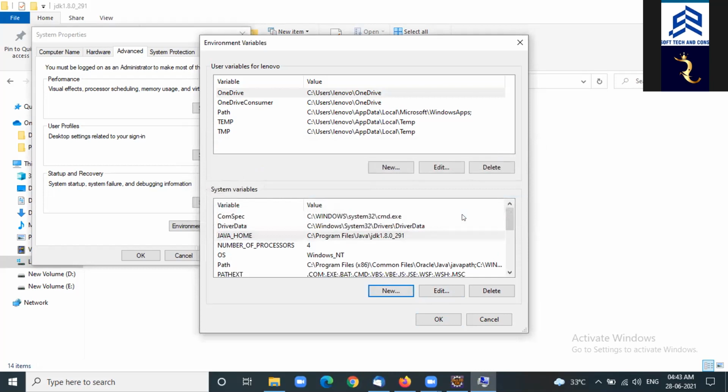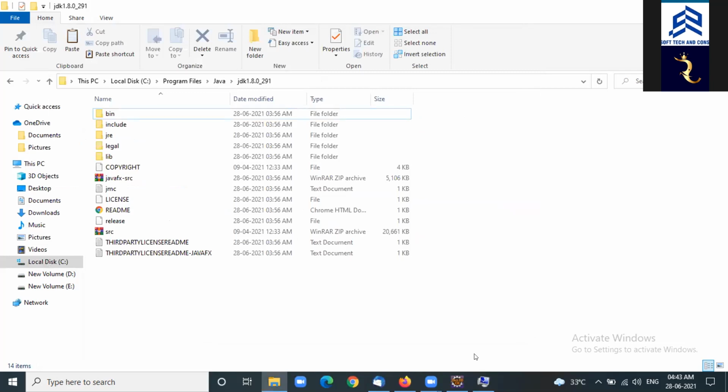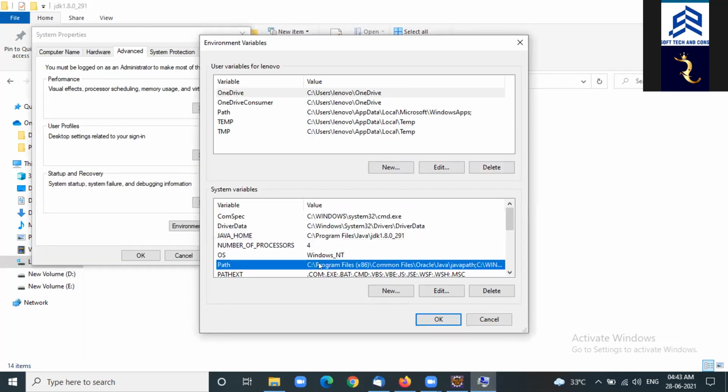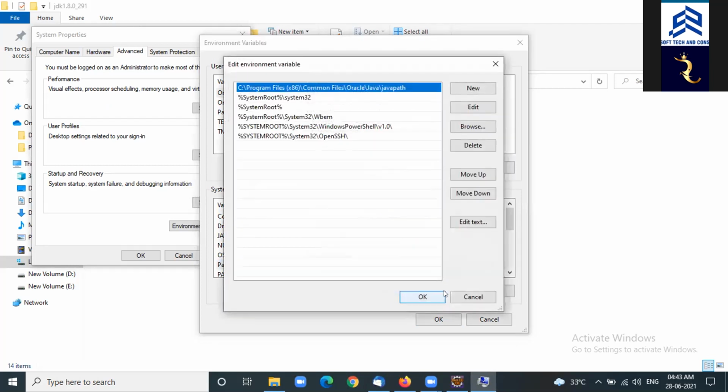Go to Path. There is another variable called Path, right? Just click that Path and edit. Below OS, there is a Path variable. Click Edit. Wait a minute. Okay.